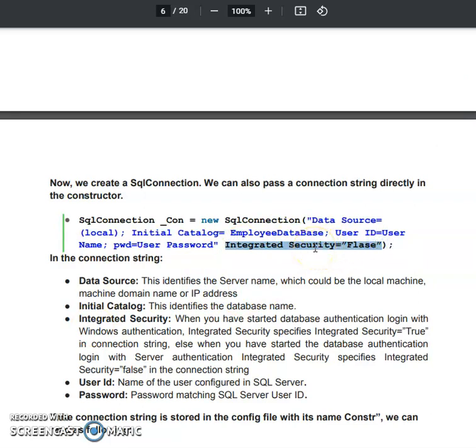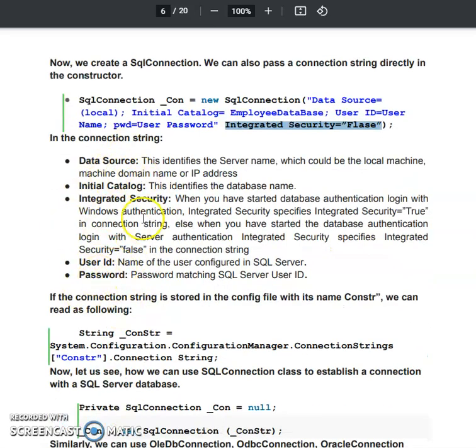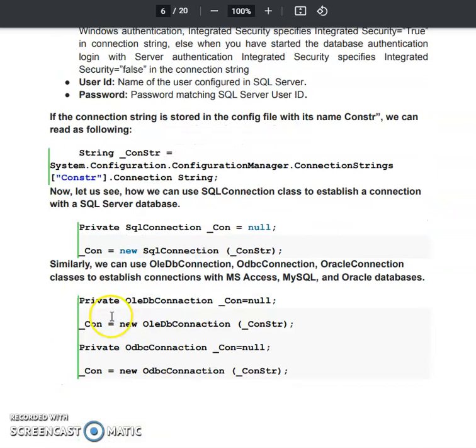Integrated security we have seen, if it is false, then we are using SQL mode authentication. If it is true, then we are using Windows authentication. By default, when we create a database and we are not using SQL authentication, then that integrated security is set to true. Now I will not explain all this part, already we have covered this one.